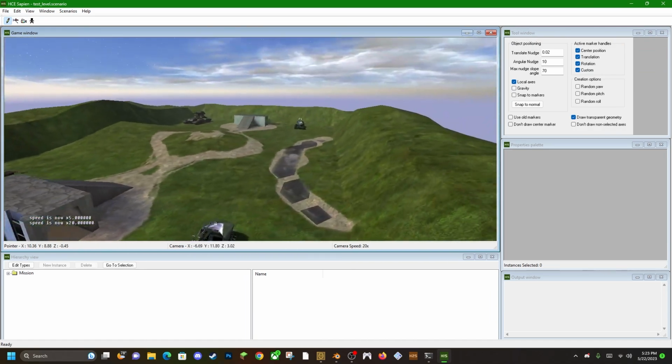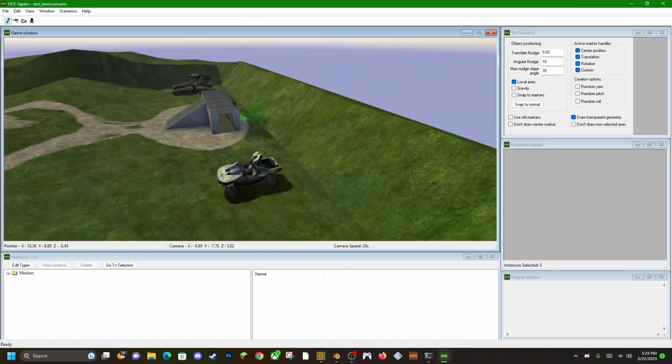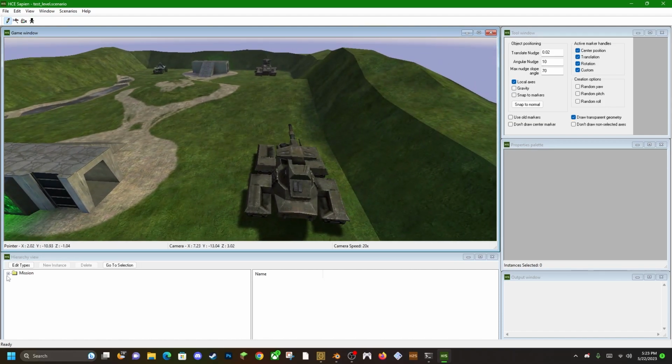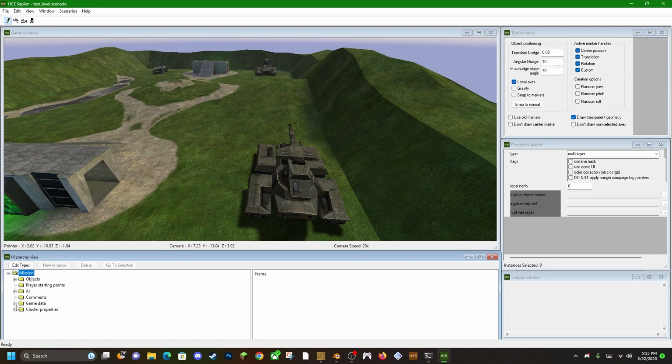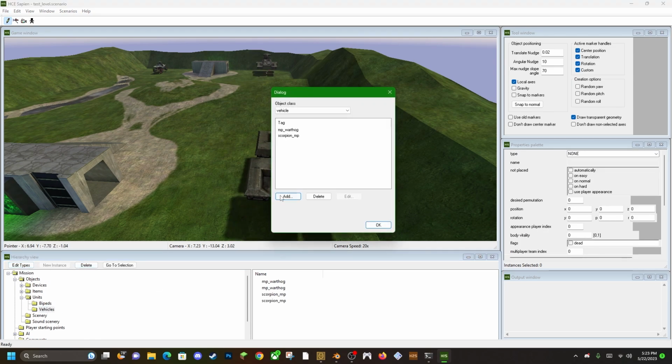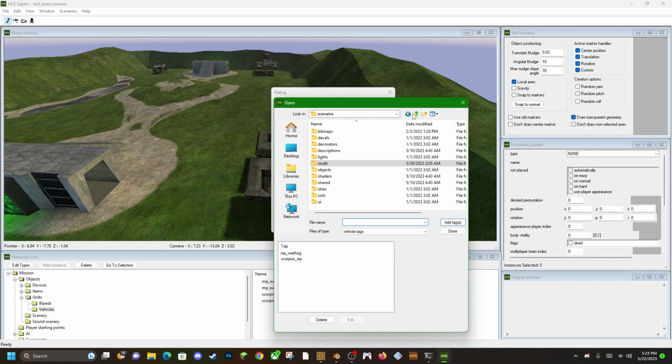And as we can see here, I already placed vehicles on here. So I'll teach you how to do that. I'm going to go ahead and show you how to place stuff. In order to place tags, most of them you would do edit types, and you add these tags. Sometimes it goes in my other directories, I don't know why. So we go to tags,